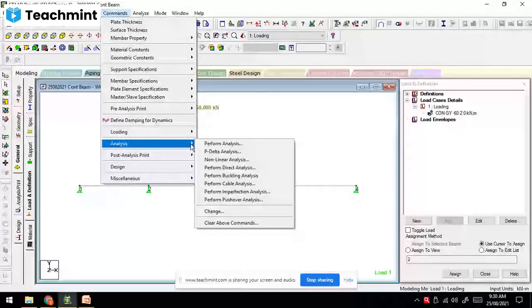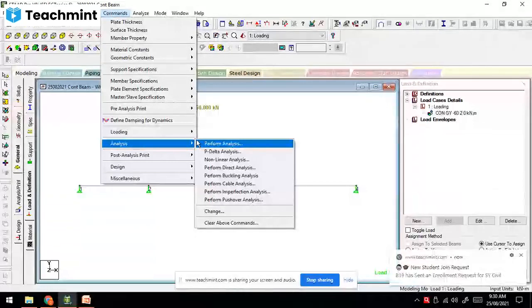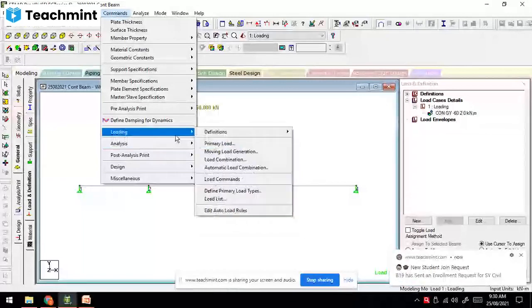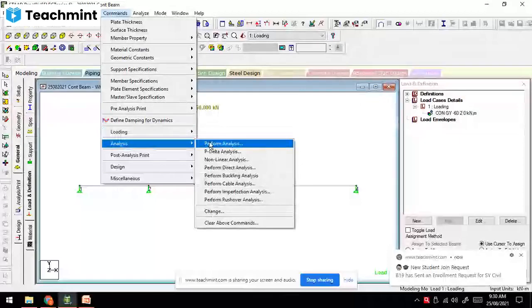After all this, you must give the command that you have to perform now. Unless we tell the software to do it, it will not do it, it is software. So we have to give the command to now perform the analysis. We have done all the things, right? So I clicked on analysis, perform analysis. Don't do it once again or repeat, only once is required.